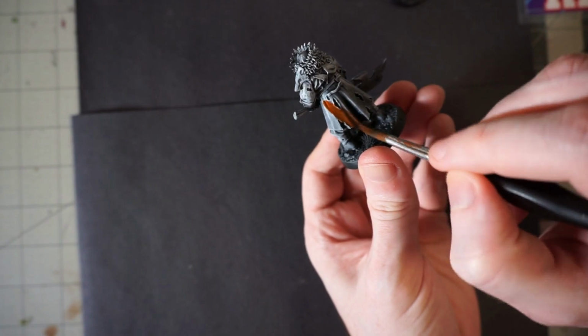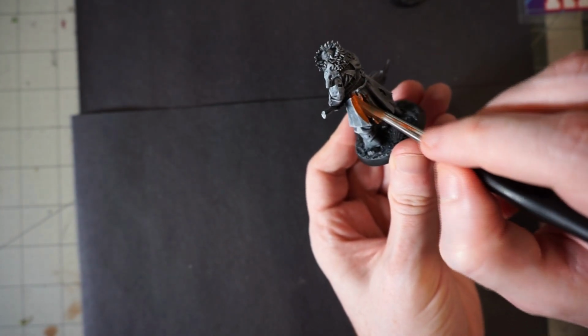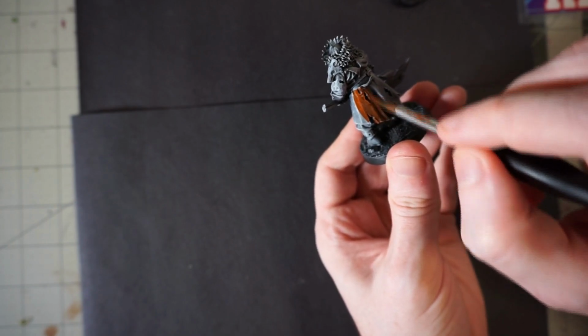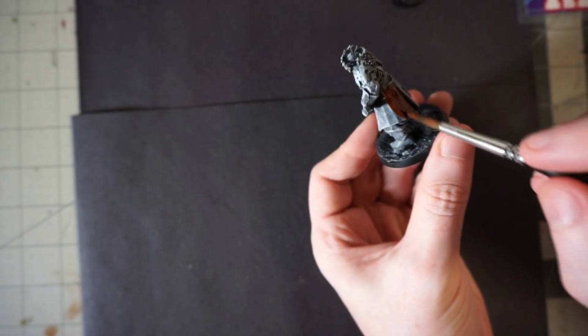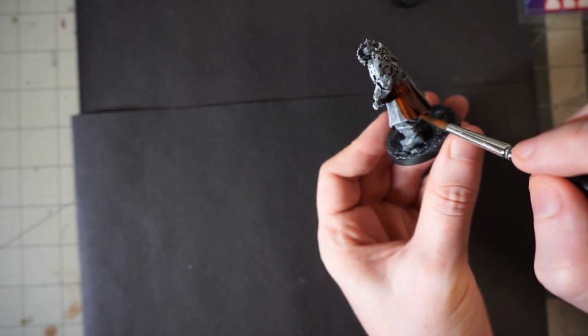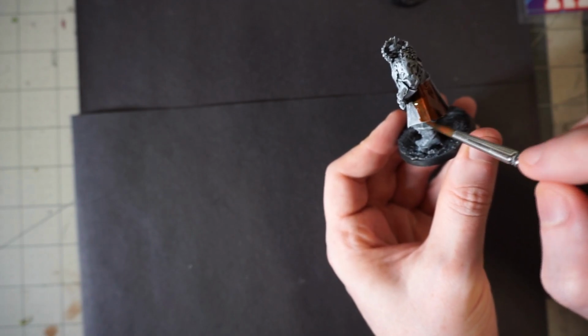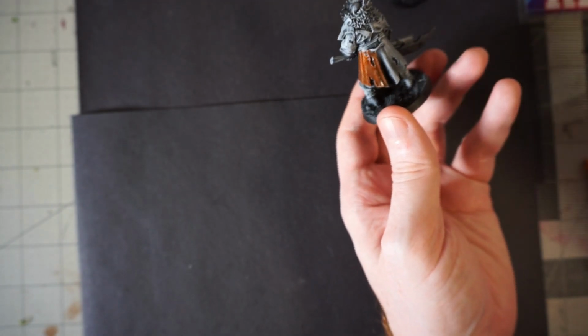The base layer on their coat is a combination of Gryph-hound Orange and Garragax Sewer. I mix these together about 2 to 1 to give us a really orange-brown color, and to keep that bright Gryph-hound Orange from looking too fresh and clean on these moldering undead. The entirety of their long coats get coated in this, just being careful to avoid the cuffs and the leather